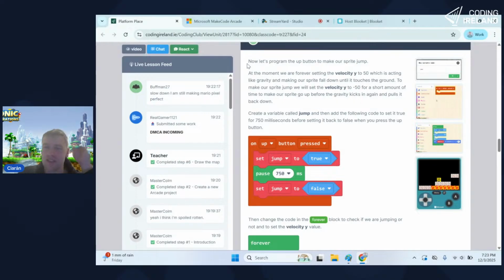So I'll just read through this in case there's anything important. So now let's program our up button to make our sprite jump. At the moment, we are forever setting the velocity to minus 50, I think it was, which is acting like gravity and making our sprite fall down until it touches the ground. To make our sprite jump, we will set the velocity to minus 50 for a short amount of time to make our sprite jump back up. That sounds very fancy, but